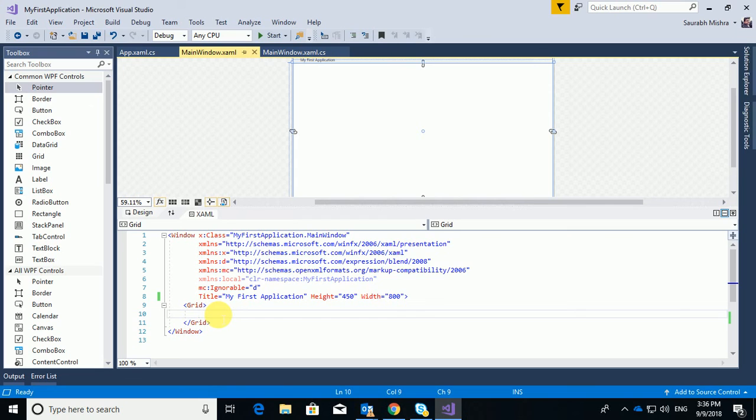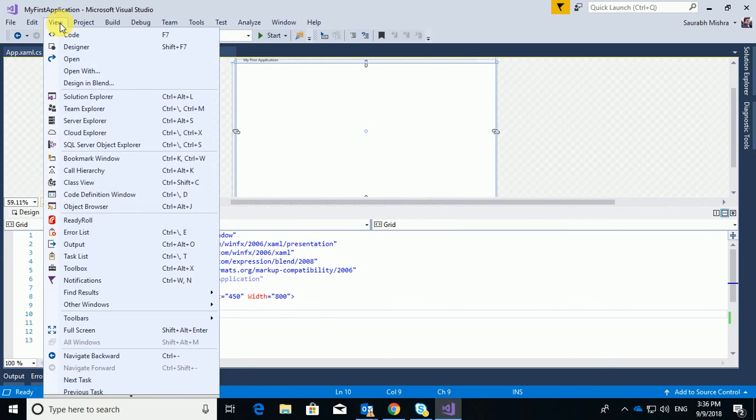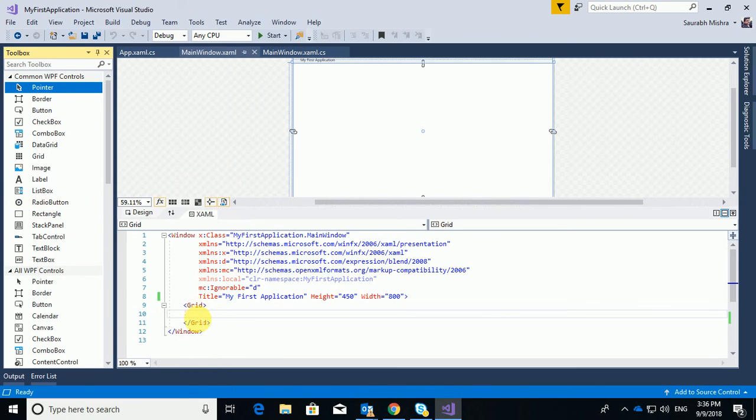I'm going to show you how you can add a very simple control here and achieve the objective of a hello world program, what you do in a console application. You can see here we have a toolbox open, and you can even open this toolbox by going through View, Toolbox. So I'll put my cursor inside this grid and I will click on Button.